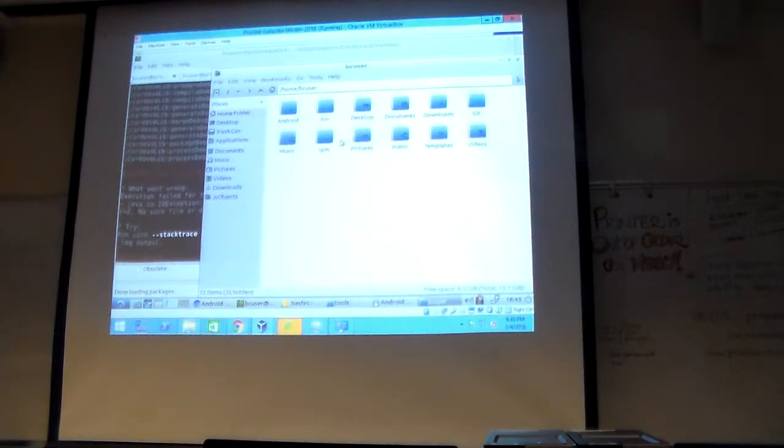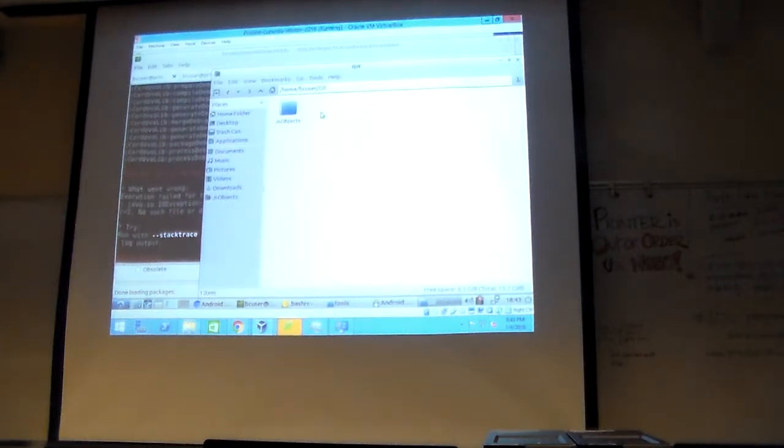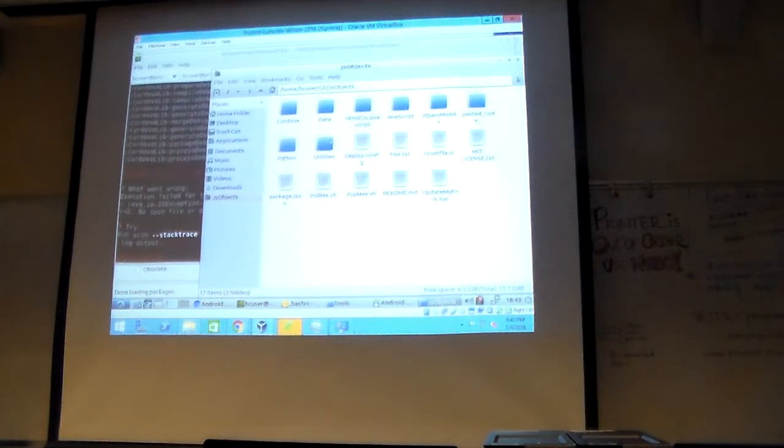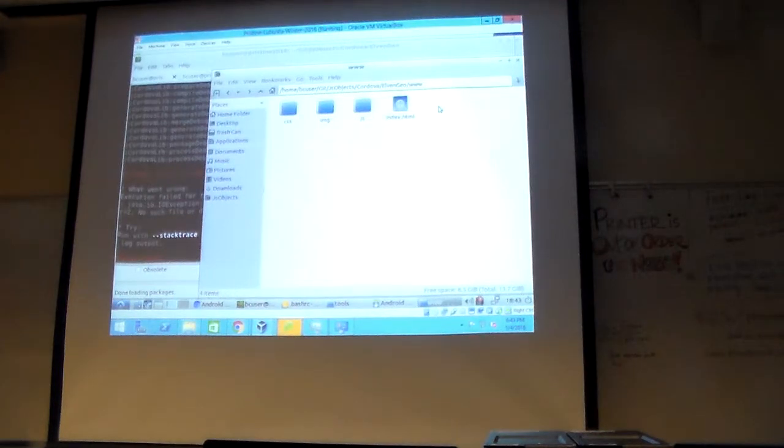So I was in JS, I was in Git, I was in JS objects, I was in Elvin Geo, Cordova, Elvin Geo, and you go to the WW directory, and do you see how the WW directory looks exactly like the public directory would look in a project? We call it a JS instead of JavaScript, but otherwise it's the same. And inside the JavaScript directory,